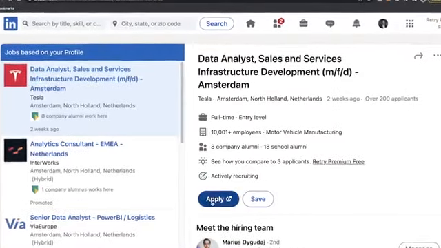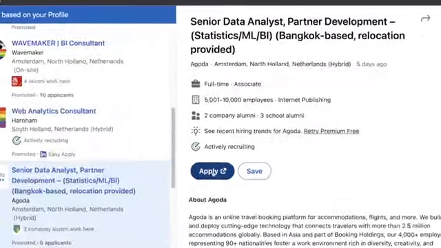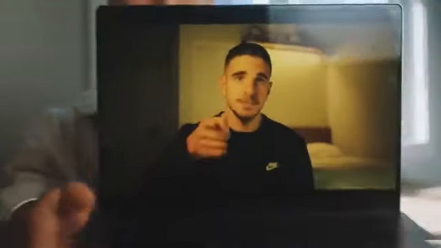Once your LinkedIn profile is set up, there's 2 things you can do. Start applying to every single data analyst job you can find on LinkedIn or any other job platform. Or the second way, which I prefer, is if you've set up your LinkedIn profile correctly, then recruiters will soon start hunting you. They will invite you to job interviews for data analyst positions. Which brings me to major mistake number 3.